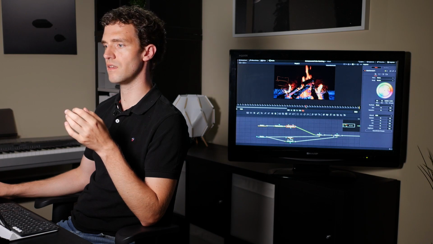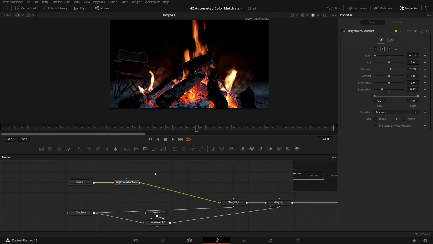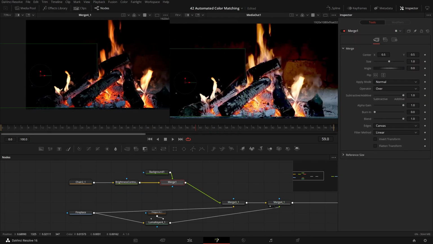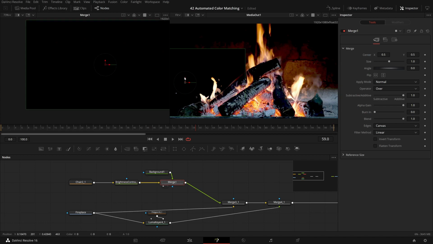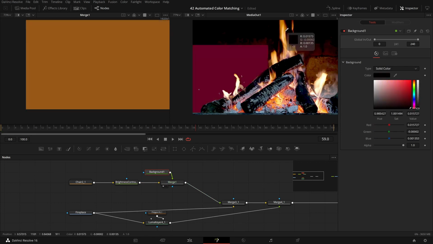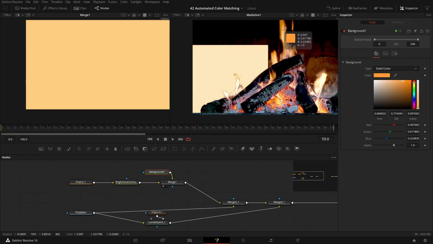So if I have this tint, now I can try to animate this color corrector. Let me show you a slightly different method. Instead of a tint, I will merge over a background. Let's do this side by side for a second. And the background obviously shouldn't be black, but I will start by sampling the fire color, something like bright yellow, orange.